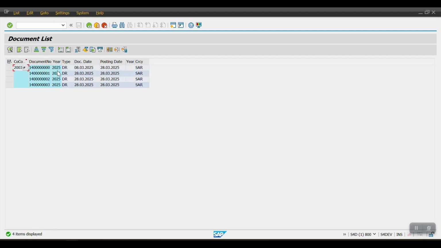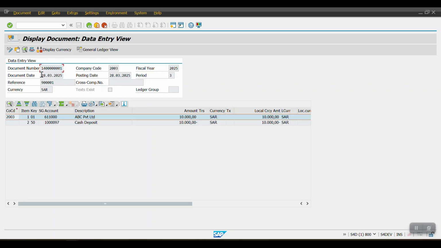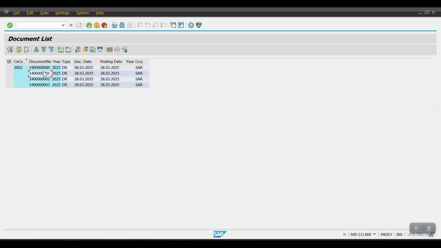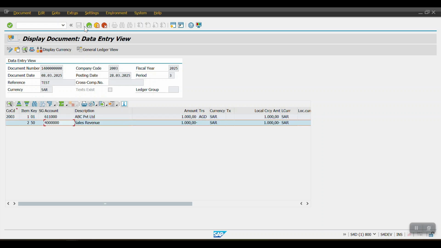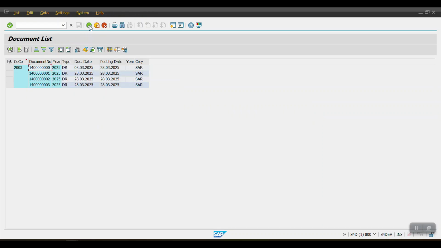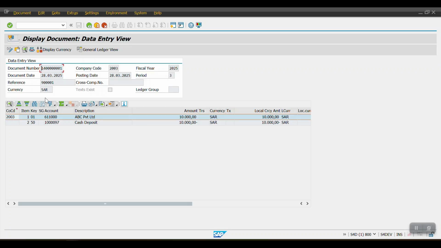Now you can see the document which I have created. So the first document is created in the first run, and then this second one has been created in the second run. Let me open this. Oh, no, sorry. This document we have posted manually, and to test you can see here the sales revenue, to check the configuration, whether everything is fine or not. And then the LSMW which we have created, these three documents. If I open this document, you can see here